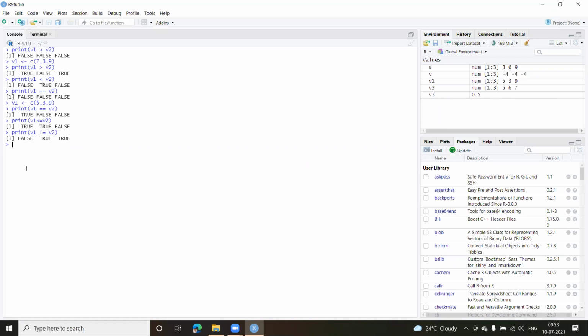So these are your relational operators, and basically you're going to make use of the relational operators with your if condition statements, and also with loops like while loops, which we are going to learn later. These are some terms which I'll explain later on. So all your relational operators will be used with if condition statements or loops, and they are frequently used there.